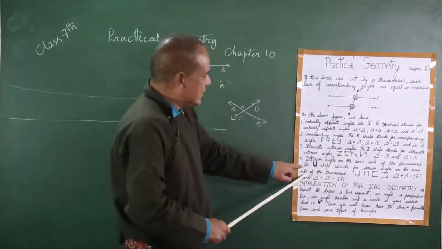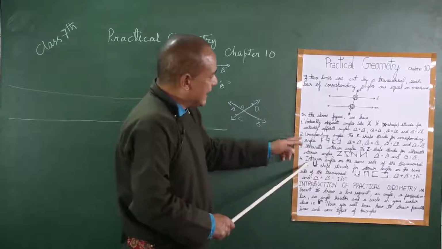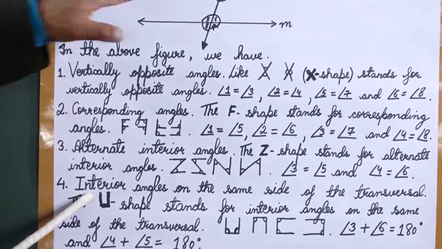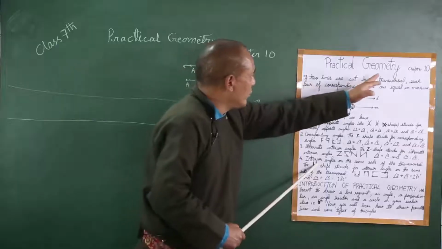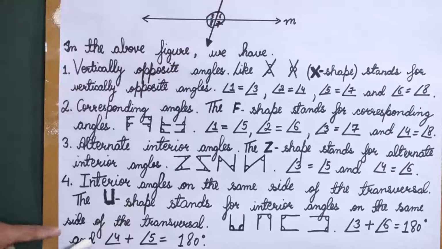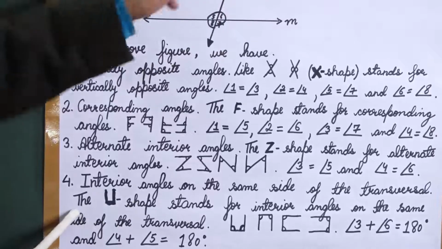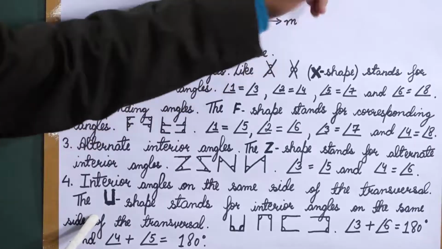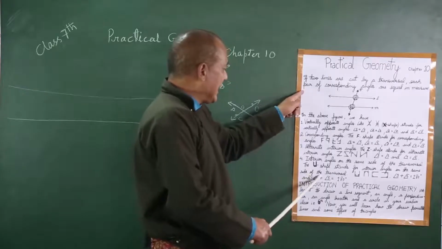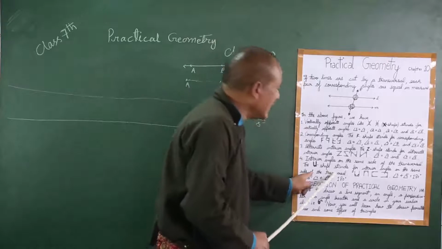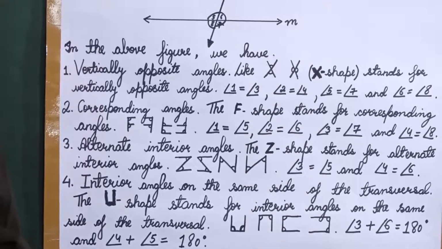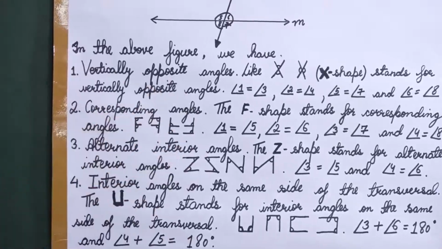Again, here you can say the same thing, but in a different way. Here you have to explain in a different way after some time. Some part you take it from here. If two lines are cut by a transversal, the sum of the interior angles on the same side of the transversal is supplementary. So this is another theorem here.